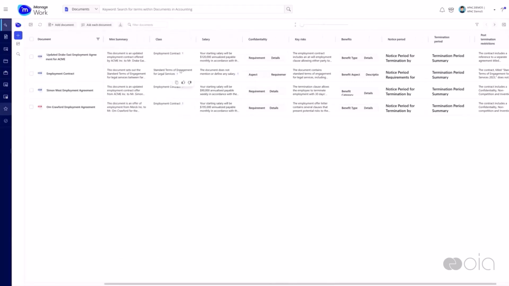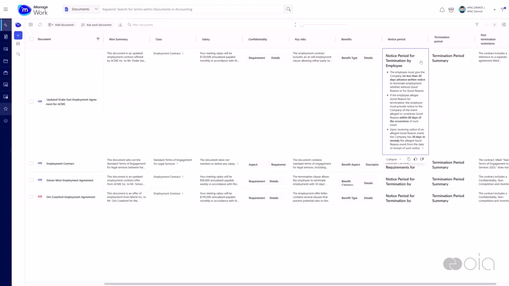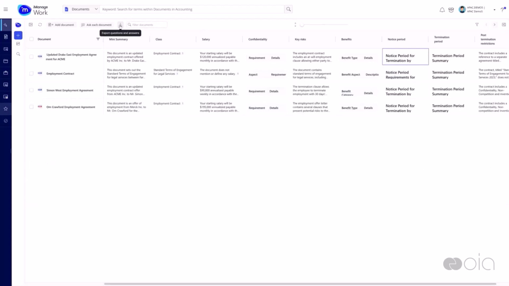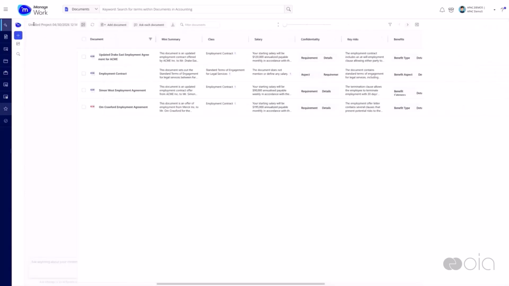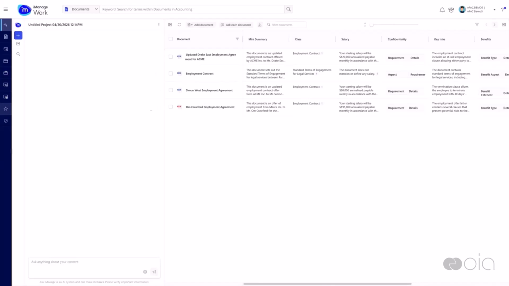I've got all of the various different answers to the questions for each of those individual documents with the citations. If they're detailed answers, I can pop them out and expand them. And of course, I can export these out to a Word or an Excel file so I can share it with somebody else or use it to start a list or something like that. As far as asking across is concerned, once I've got those documents, I might want to think of something like,